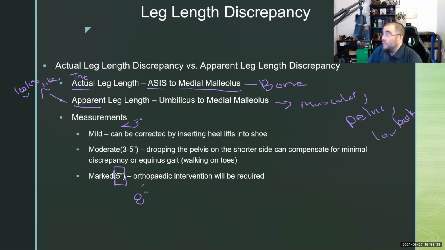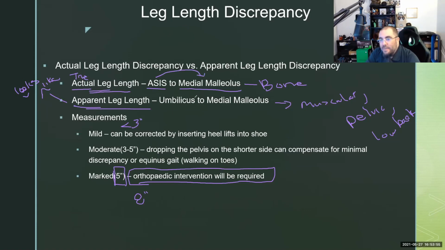They had to surgically repair that. What they did is they went in and broke his leg and pinned the other one and took out a chunk of bone. So they basically shortened it. The only thing that can happen there is orthopedic intervention. So what do you have to know about this? You have to know how to measure. Actual or true, ASIS to medial mal; apparent, umbilicus to medial mal. And what can we correct with a shoe lift? Less than a 3-inch correction, or a mild leg length discrepancy. Most of the others are going to have to see an orthopedic doc to figure out what they're going to have to do about it.